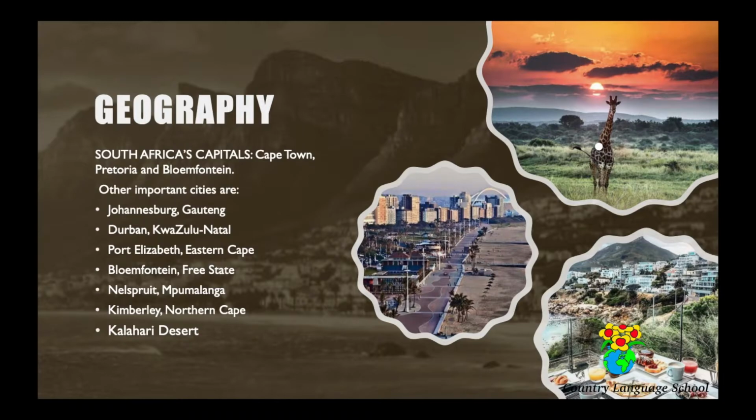The longest river in South Africa is the Orange River, which also forms part of the border between Namibia and South Africa. If you didn't know, let me tell you that Tugela Falls in South Africa are the second highest waterfall